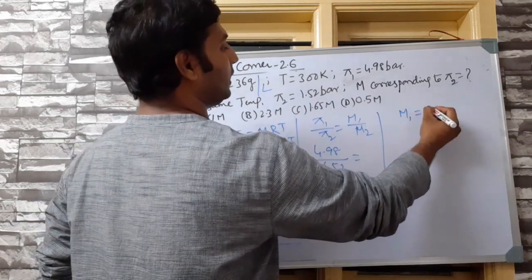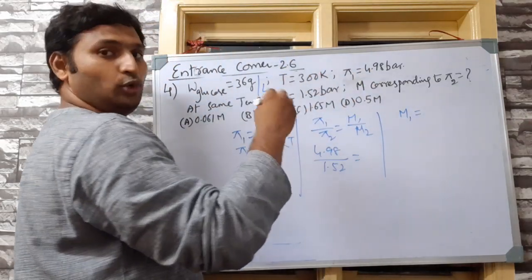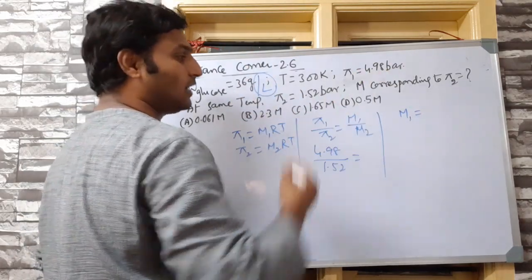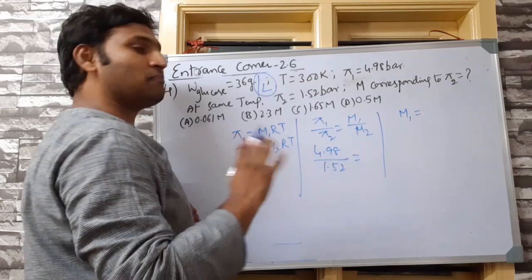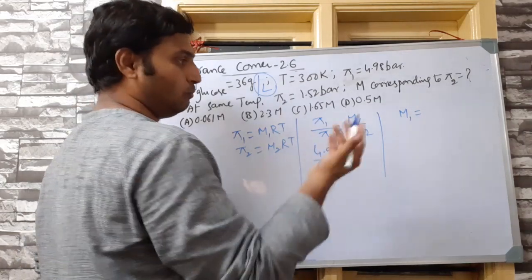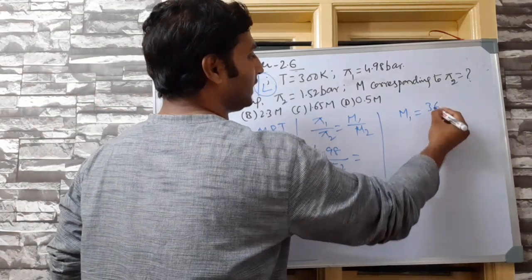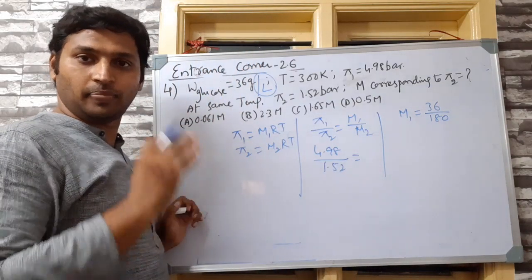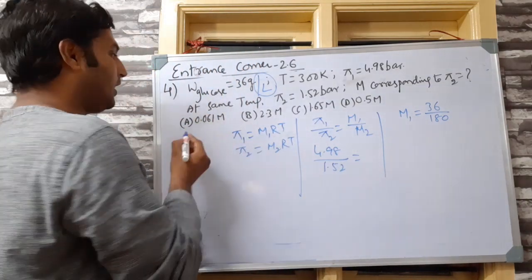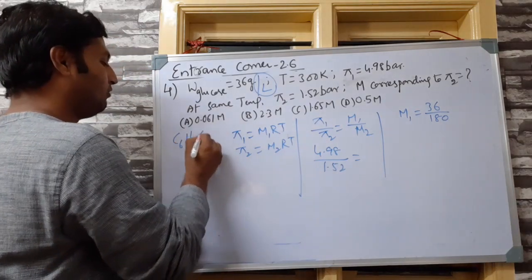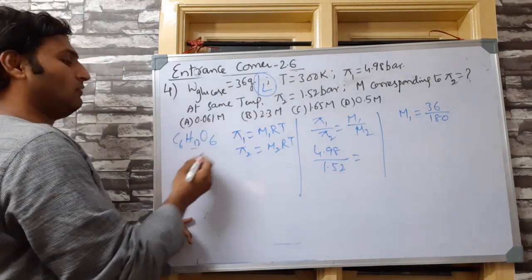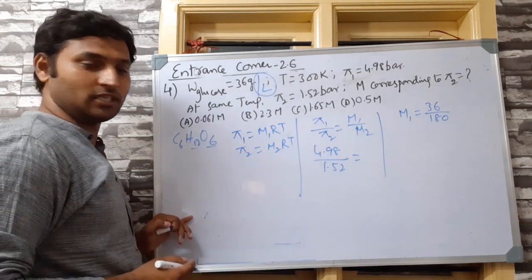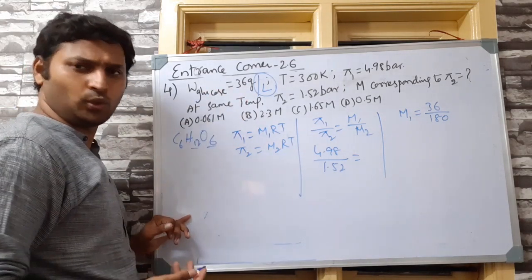Now M1, what is it? Number of moles of solute per liter. He has already given per liter, means I need not worry about volume. If I find number of moles, that will be molarity only. So 36 by 180 would be the molar mass of glucose. The formula is C6H12O6, 12 into 6, 1 into 12 and 16 into 6. If you add everything, you will get 180.